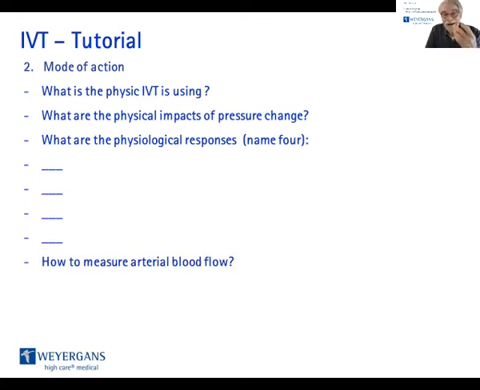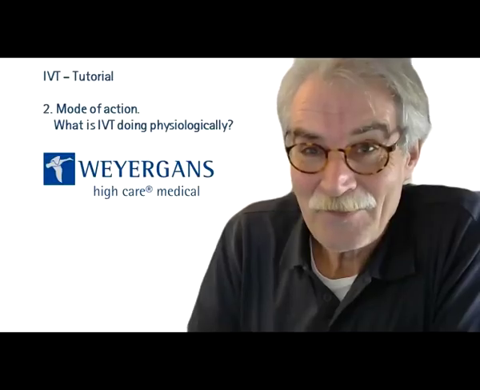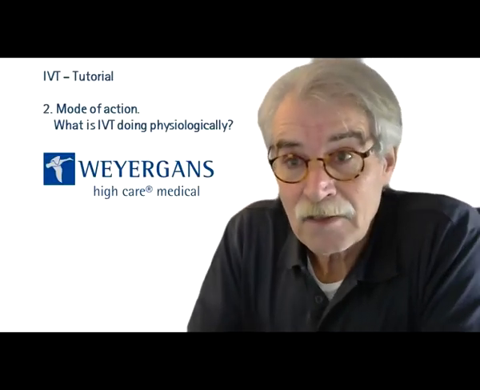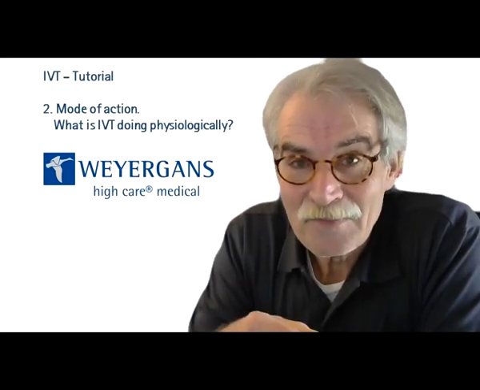And then, how to measure arterial blood flow? Maybe when you want to sell a device, they will ask you, how did you measure? What are the mechanics? What is the mechanism of measurement? Arterial backflow or venous return, and importantly also of the lymph flow. That thing with using indocyanine green on cadavers is really, really special. So this was today's lecture on the mode of action.